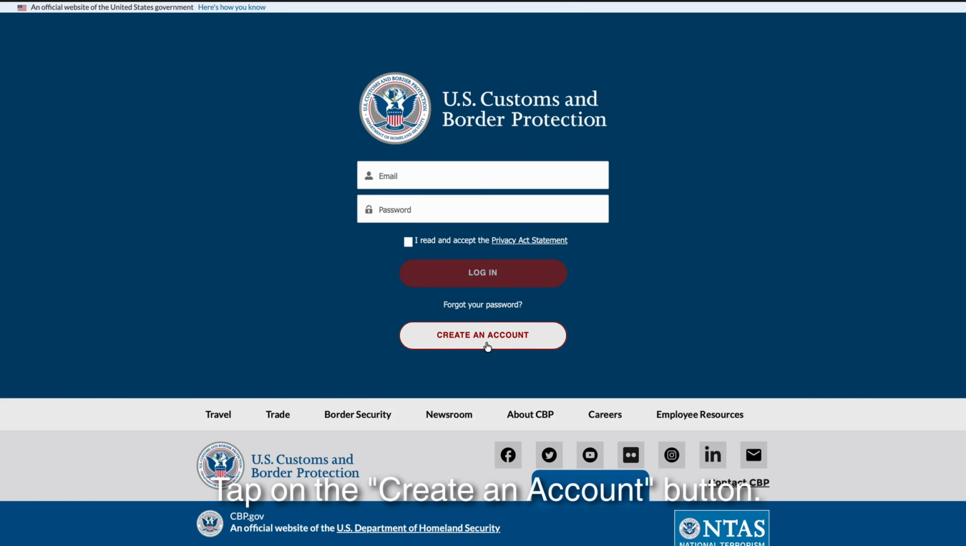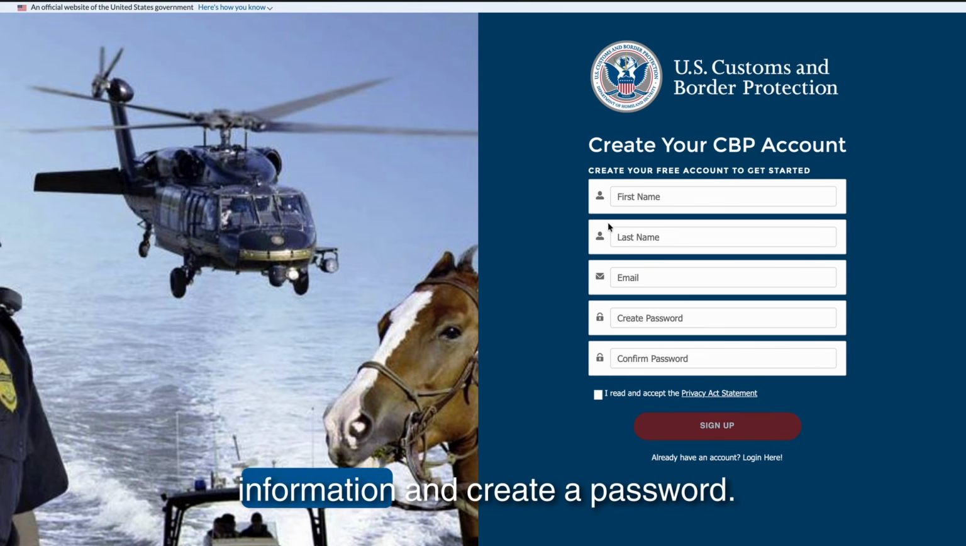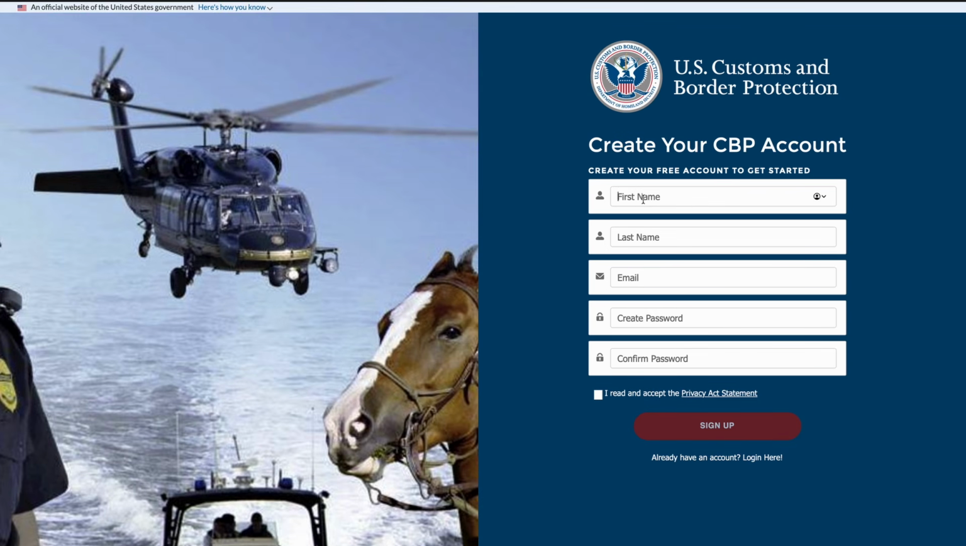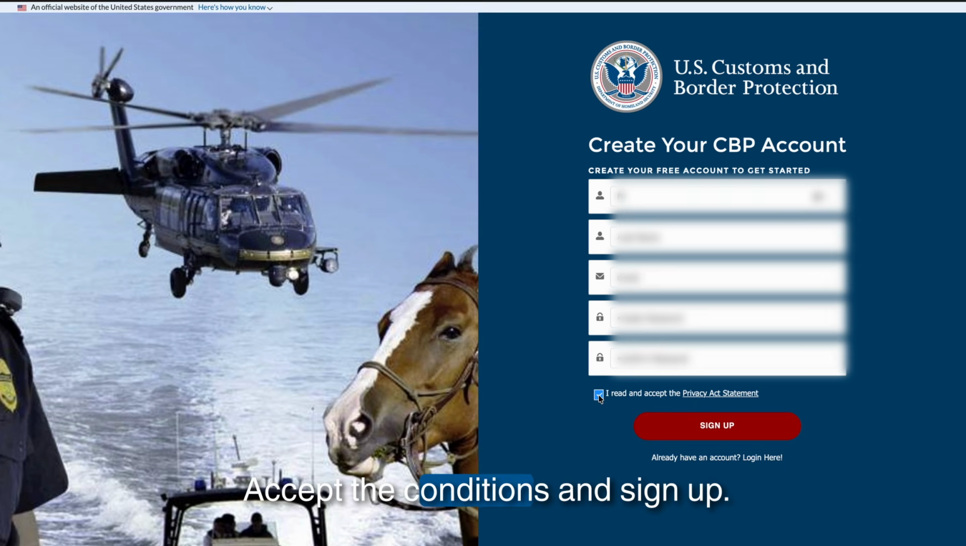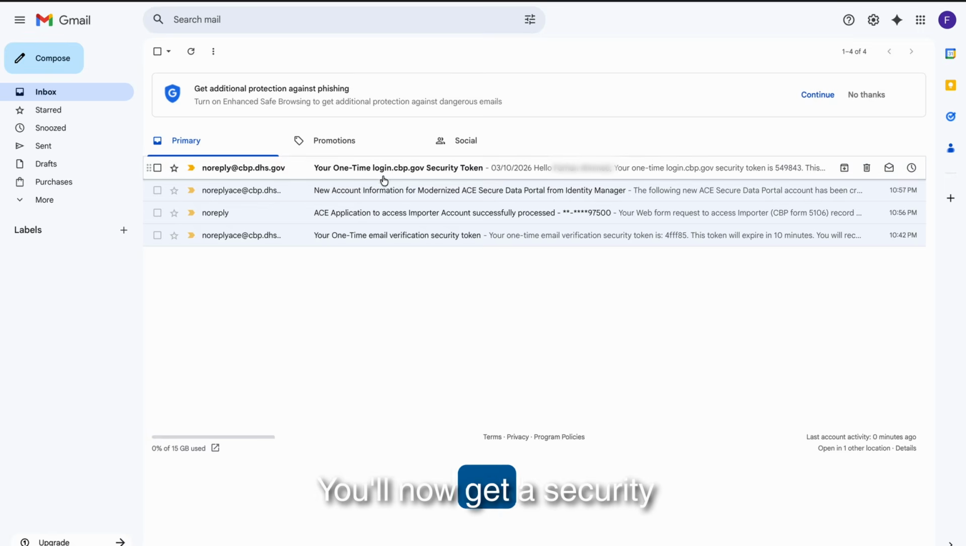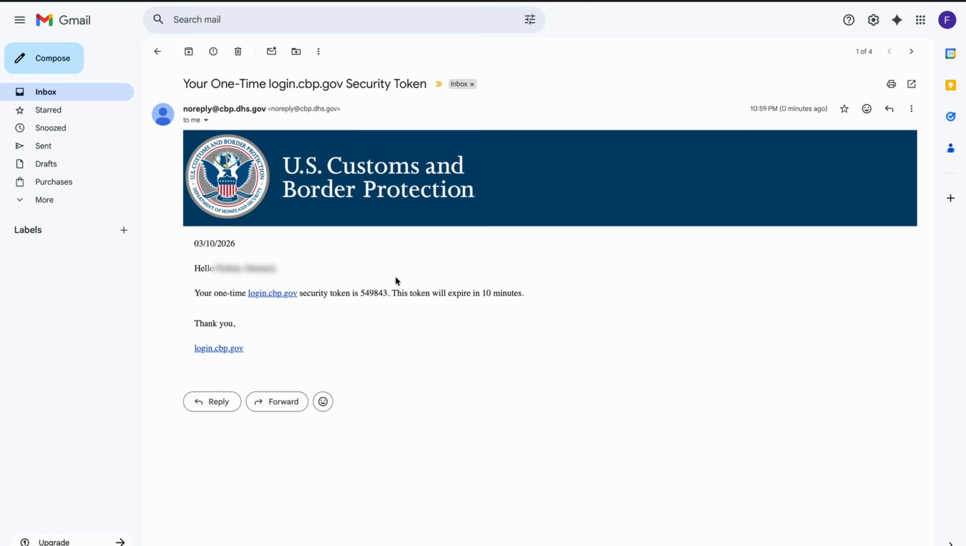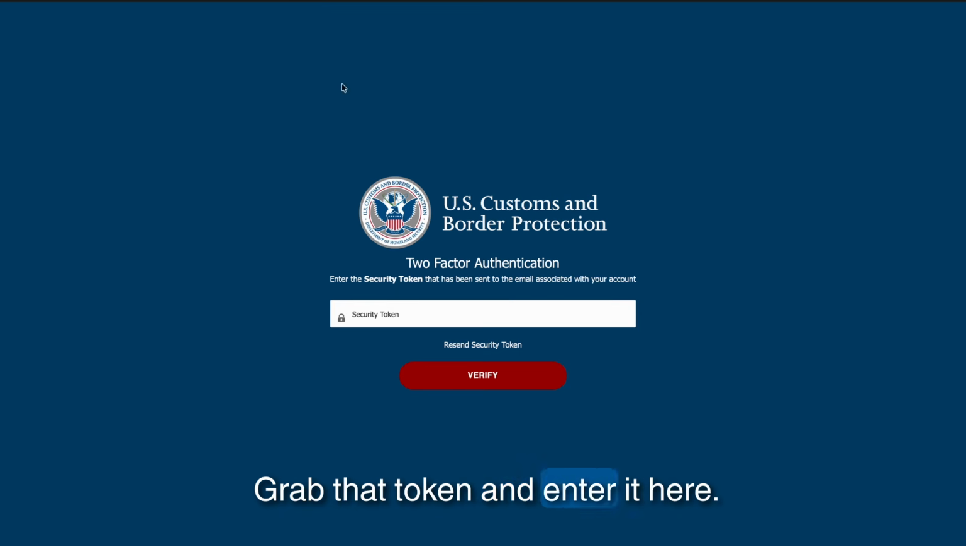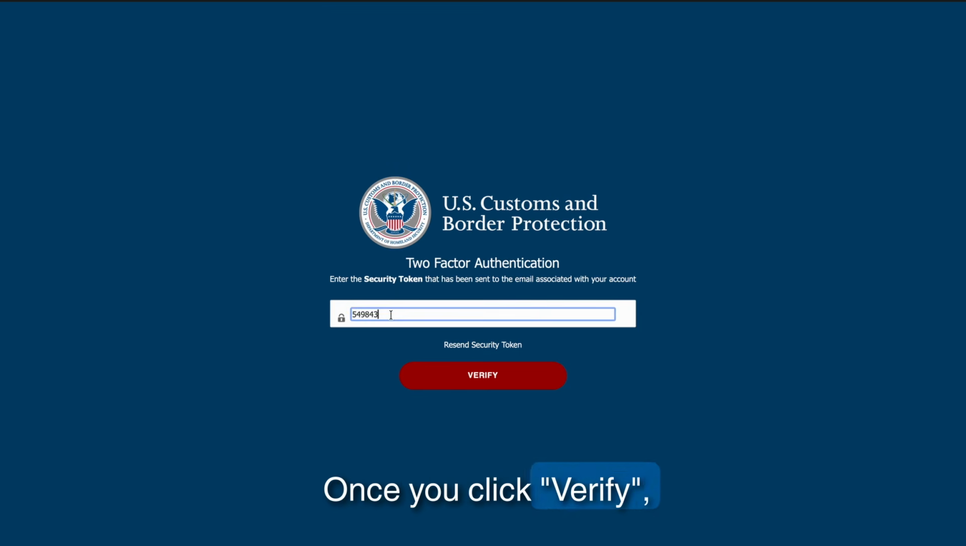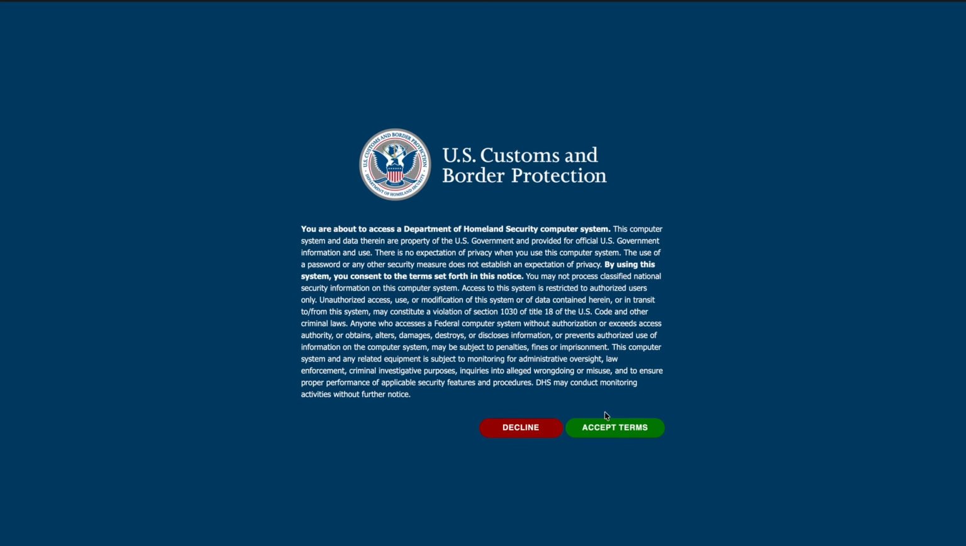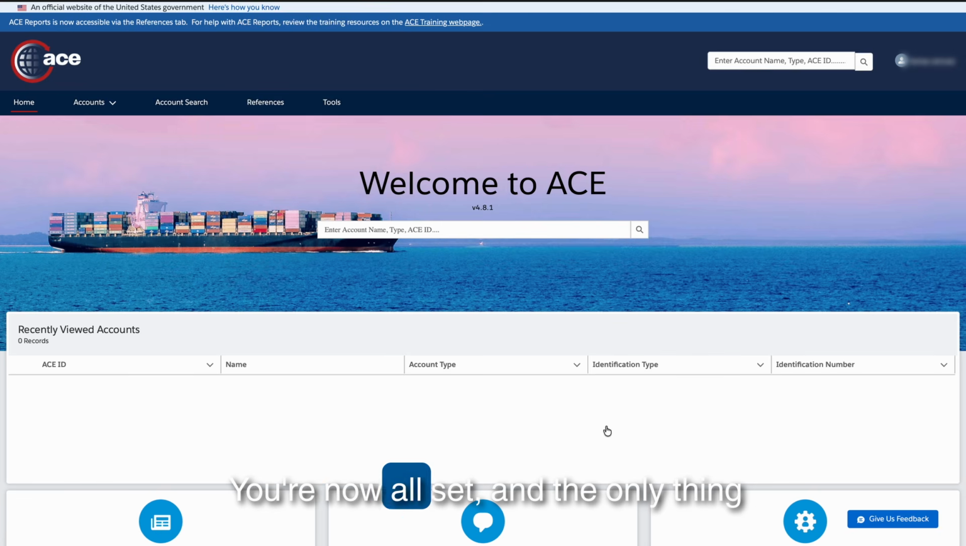Tap on the Create an Account button. Enter the necessary information and create a password. Accept the conditions and sign up. You'll now get a security token sent to your email. Grab that token and enter it here. Once you click Verify, you must accept the terms. You're now all set, and the only thing left to do is set up your ACH bank information for electronic